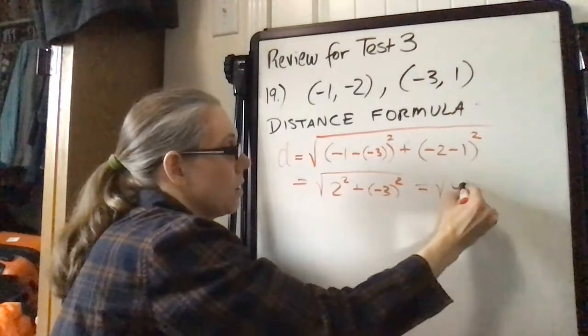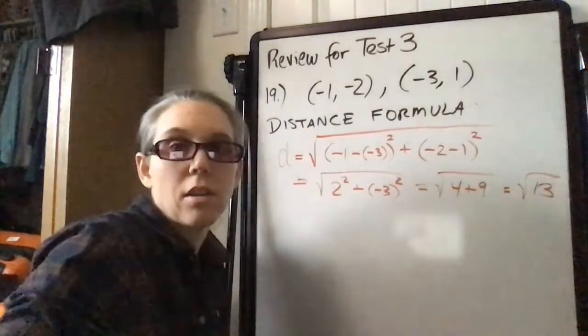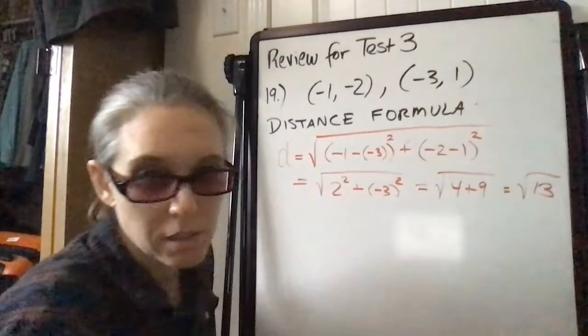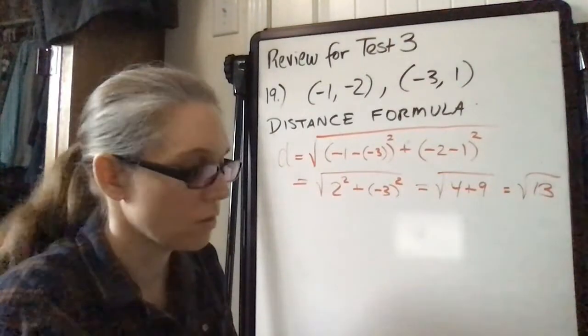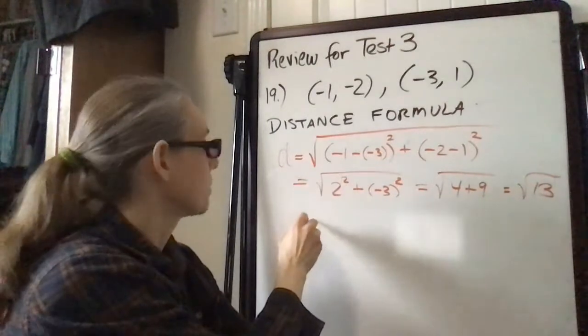So that's going to be 4 plus 9 square root of 13. And you give an exact answer. Now the other way you could do this is to use the Pythagorean theorem by plotting these points